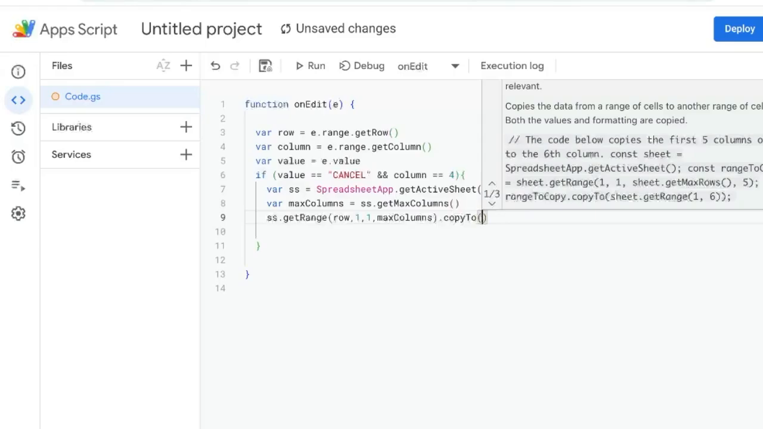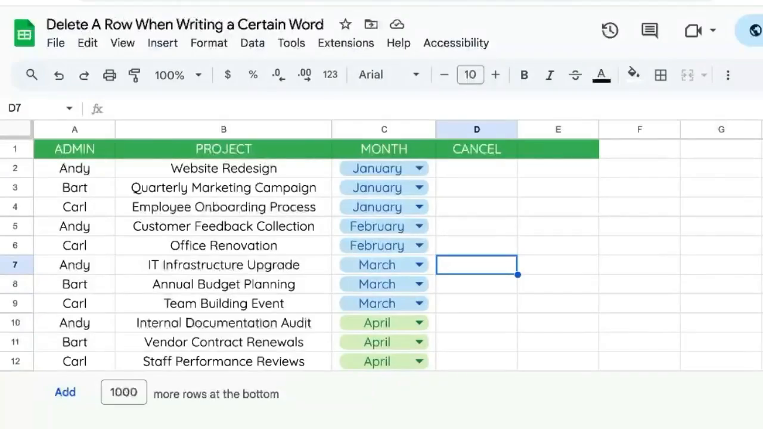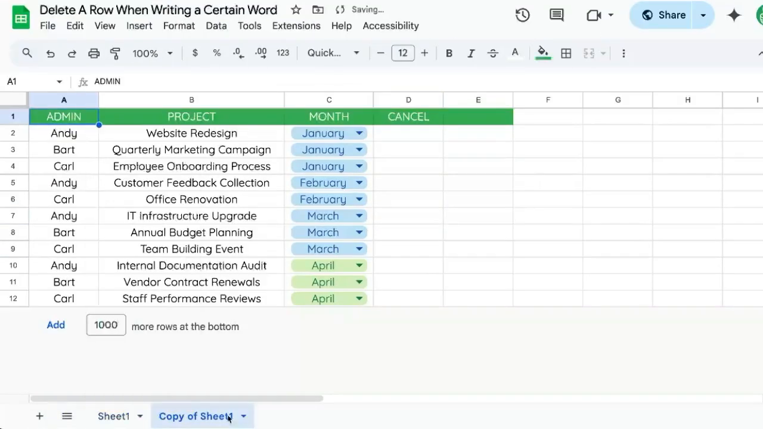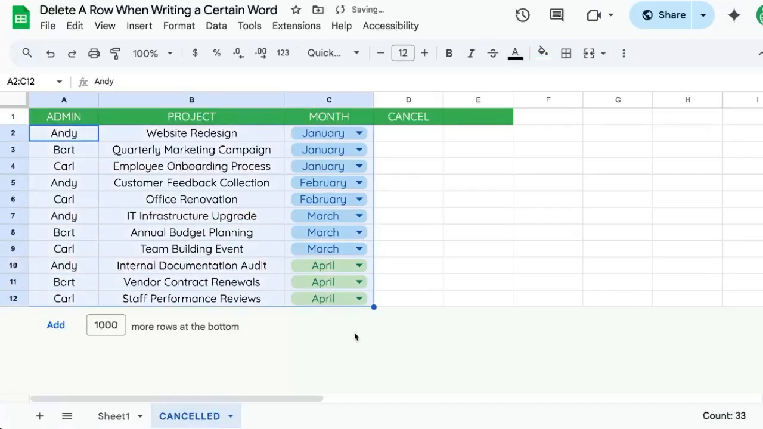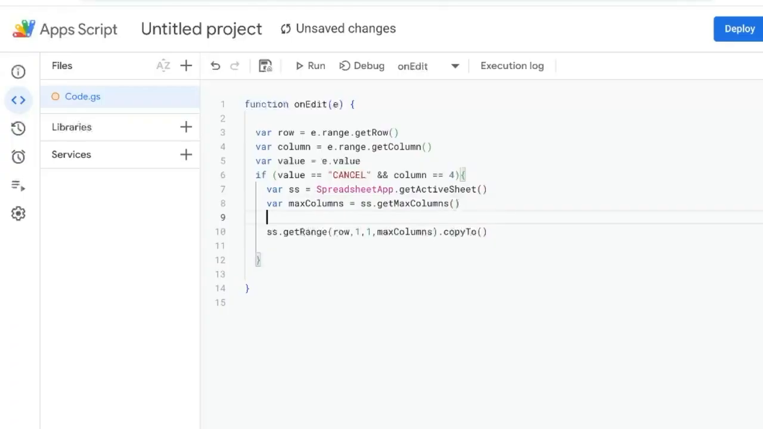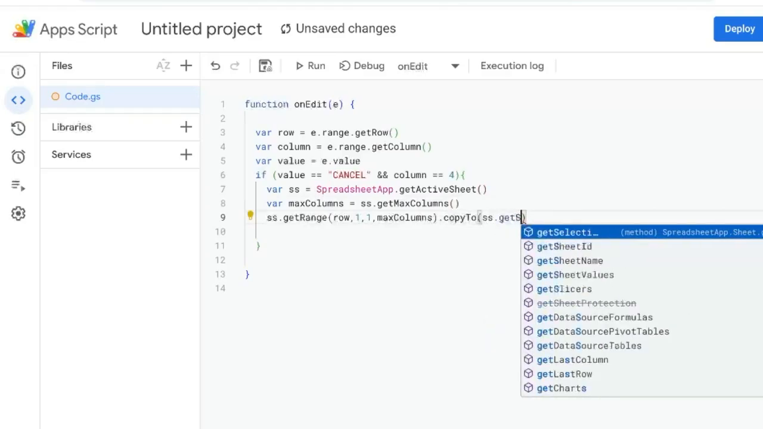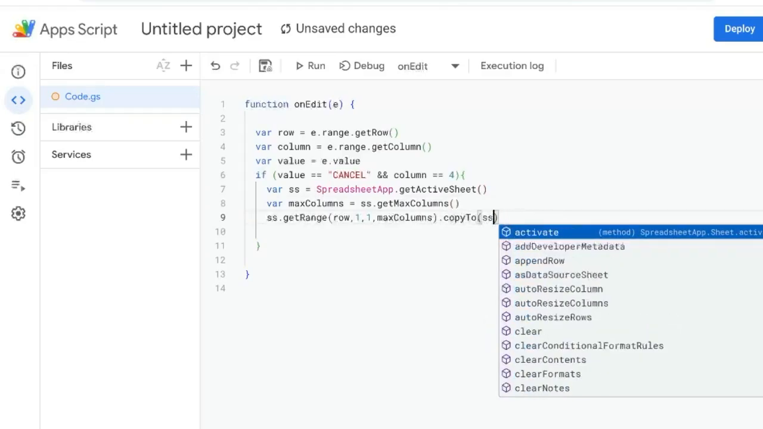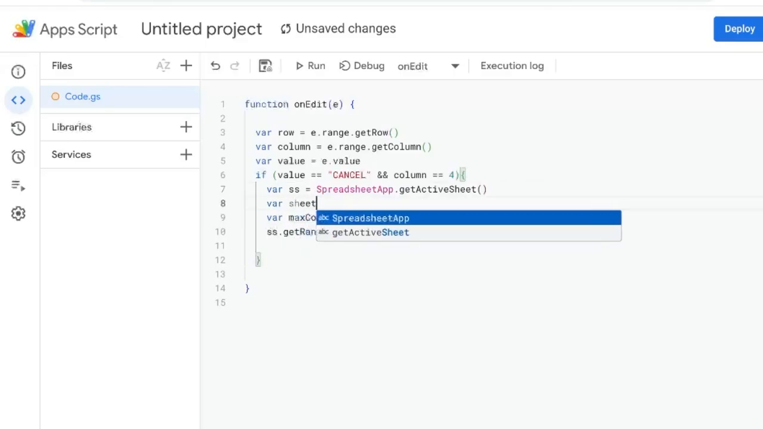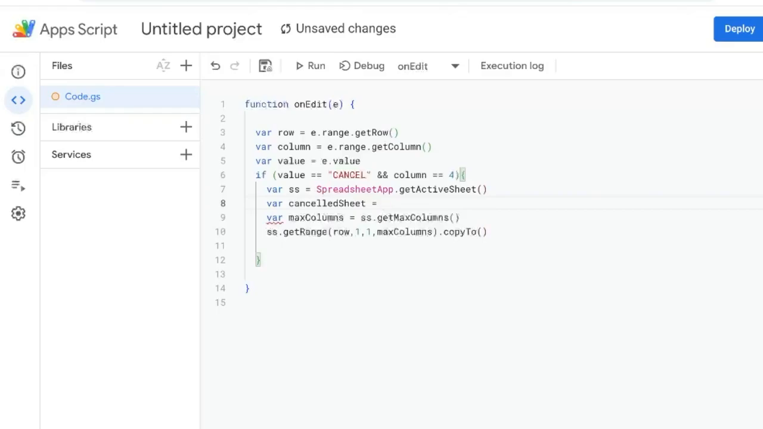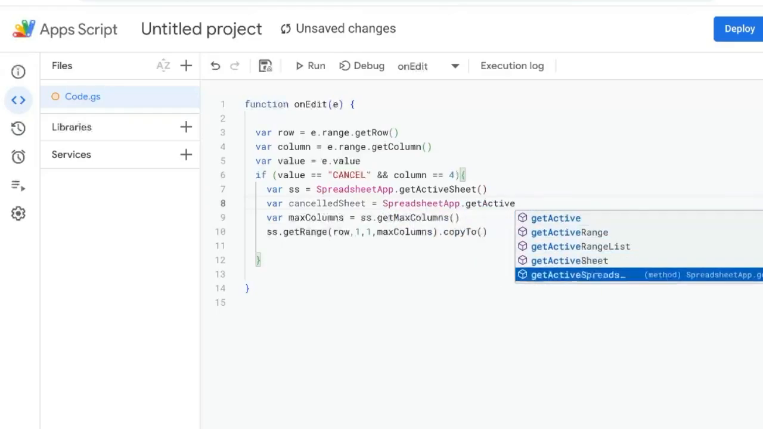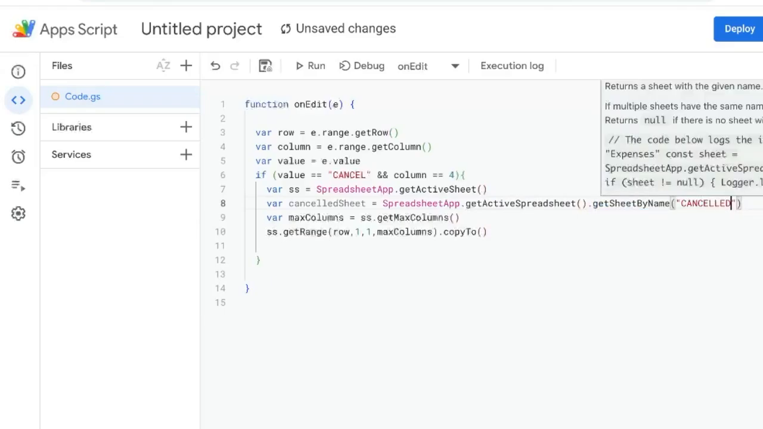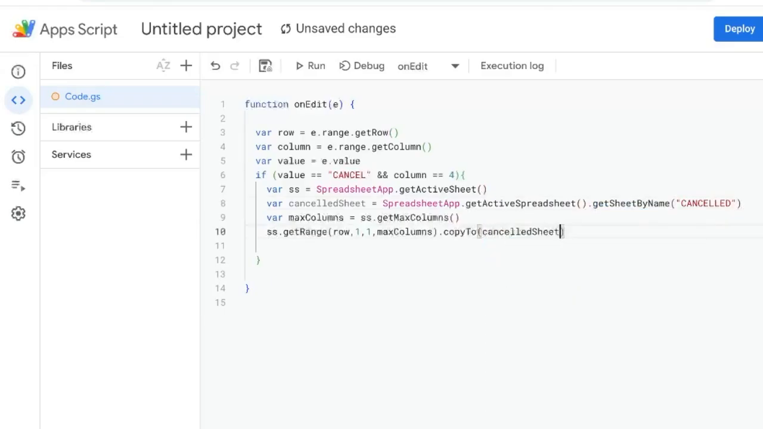What I like to do is I like to copy it to another page that's called archive. So let's actually duplicate this and call it archive, or even canceled. We're going to delete everything in here except the header. Make sure we have a new row, so we can go ss.getSheetByName. Actually, we need something else, variable cancel sheet equals spreadsheet app.get active spreadsheet, get sheet by name, canceled, and that's where we want to copy it to, canceled sheet,